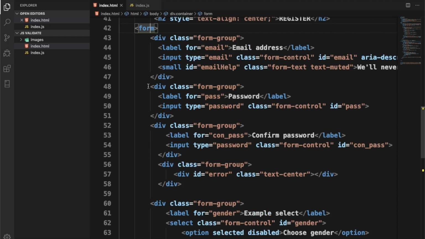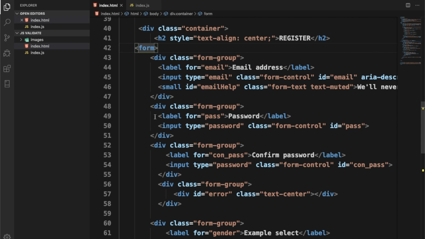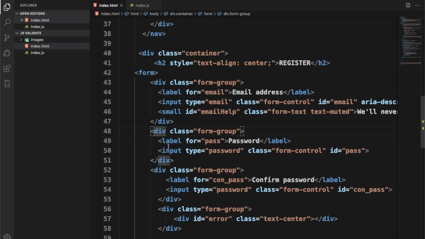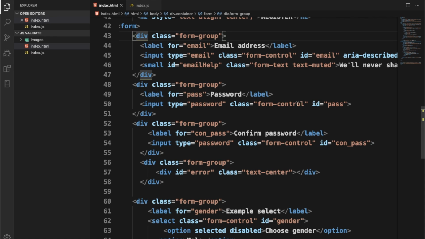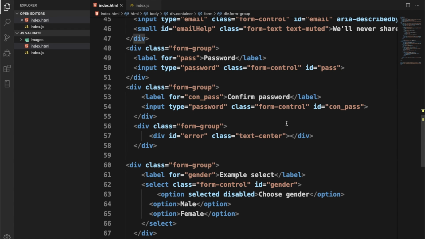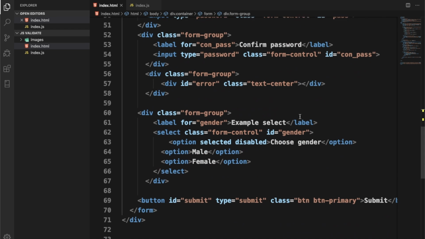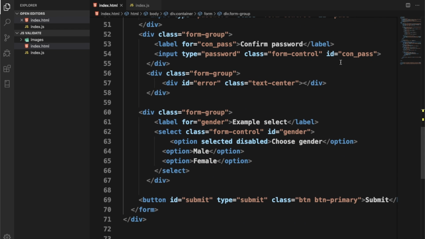Okay, so I got this form here. This is the input tag for the email, and this is the input tag for the password. You can see here the ID, the unique identifiers. The ID for the password is pass. The ID for this confirm password field is con_pass. You can use whatever ID you want, just know that they have to be unique, and when you're calling them, you have to call that same ID that you gave to the particular field. This will be displaying an error message, so I gave it an ID of error, so